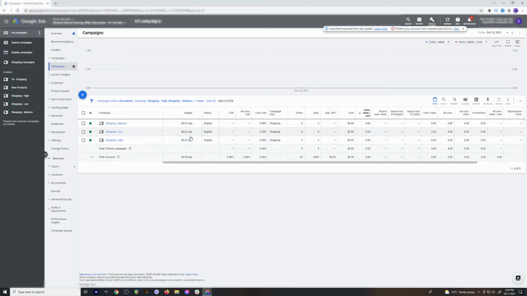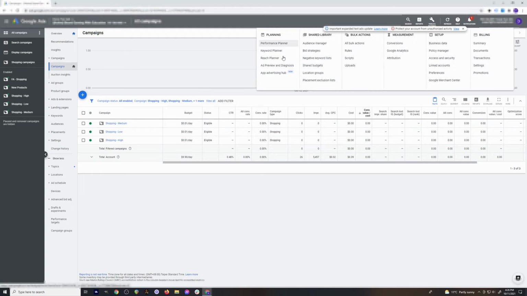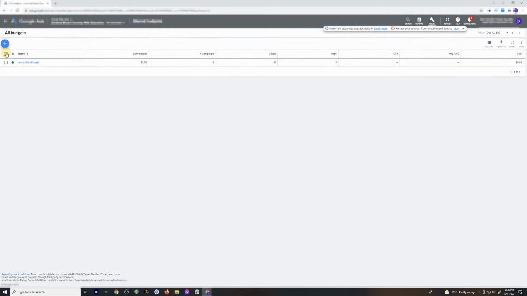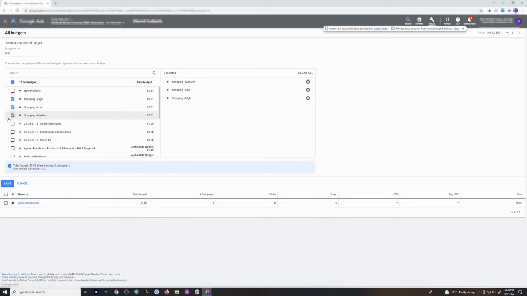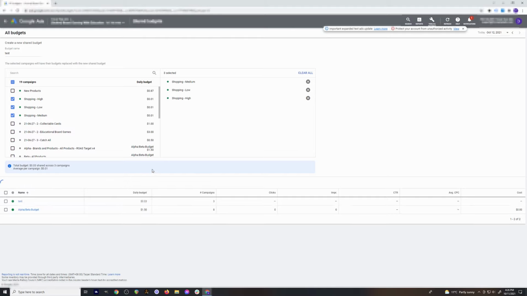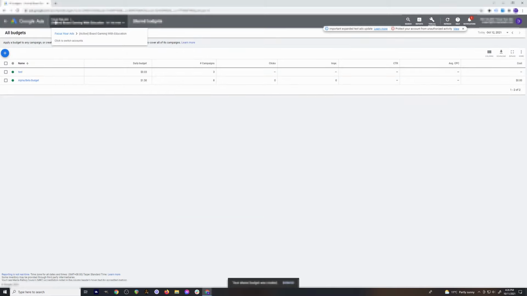If you don't, what'll happen is one will run out of budget before the other. In fact, let's do that. Let's add a shared budget. So come up here, tools, and let's go up here to shared budget. Create a shared budget. Let's go with this one here. We're going to write as test, and then we're going to come in here. We're going to check off all 3, and now we have our budget, and it's going to save that budget to these. So now when we come in here back to our ads,